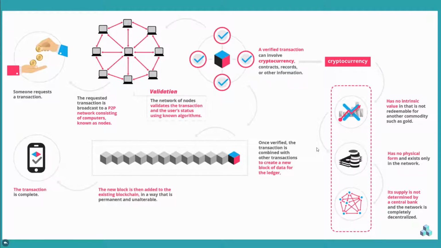So once this transaction that you've sent is sent through to the Bitcoin network and it's validated and you receive a coin, it is stored in a public distributed ledger, or you can call it a storage, in a block. So each block would be having a lot of different transactions stored onto it. These transactions combine together to create a new block of data for the ledger, and this block would be attached to the current existing blockchain, and it's going to be residing on all the different computers that are running the Bitcoin node. So if there are 100 different computers that are running a Bitcoin node, you will have 100 different